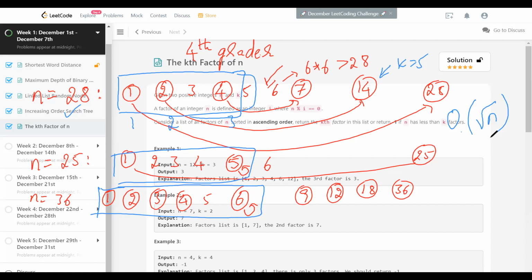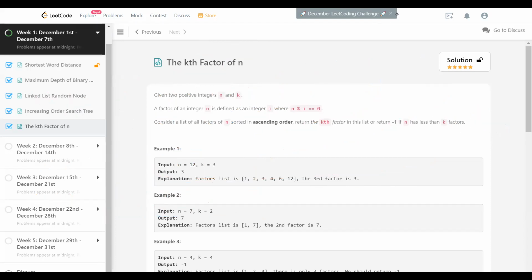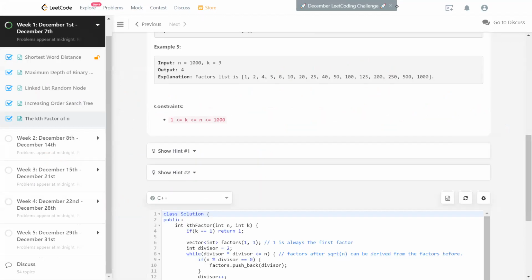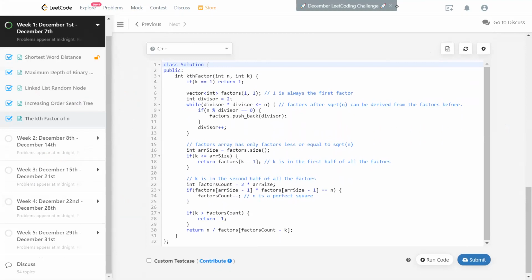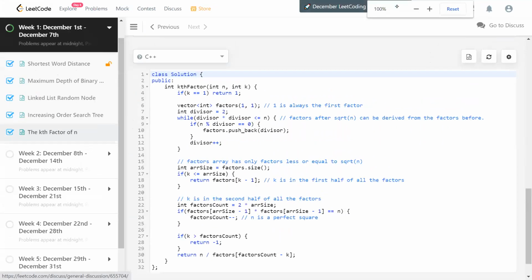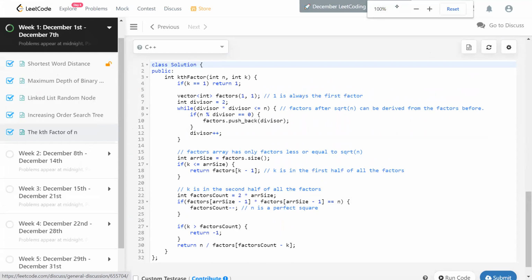All right. So let me use this method and then code. It's going to be pretty fast, knowing that we don't have to go till n. We just have to stop at square root of n. All right. So look at this code. Initially, I just took this special case when k equal to 1. We don't have to find all of these things. We can just immediately return 1 as the answer.